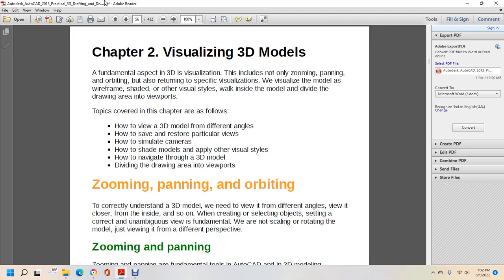Alright, Chapter 2, Visualizing 3D Models. A fundamental aspect of 3D visualization includes not only zooming, panning, and orbiting, but also returning to specific views. Visualize the models as a wireframe and in other visual styles, walk inside of the model, and divide the drawing area into viewports. The topics covered in this chapter allow us to view a 3D model from different angles, save and restore particular views, simulate cameras, shade models, apply visual styles, navigate through a 3D model, and divide the drawing area into